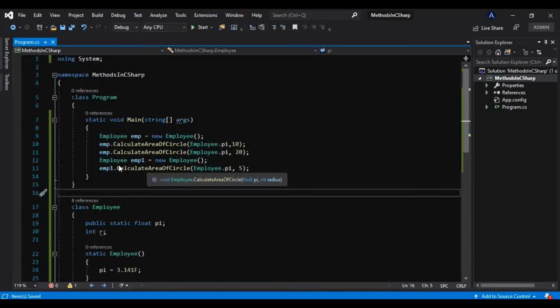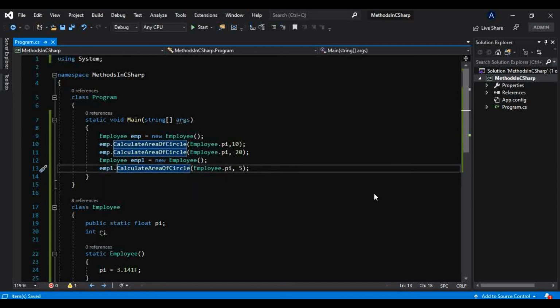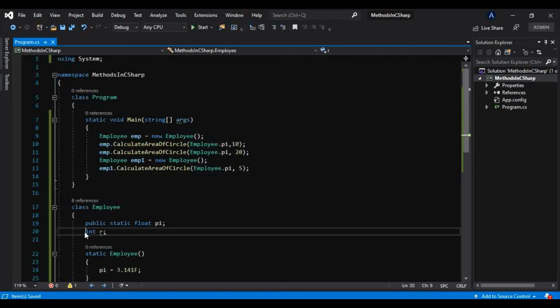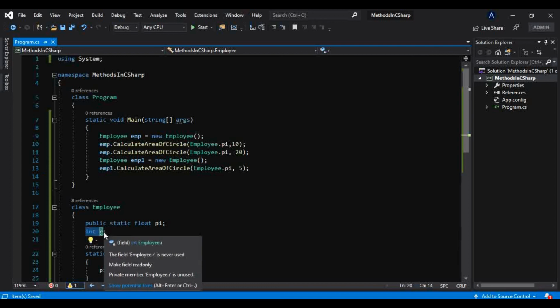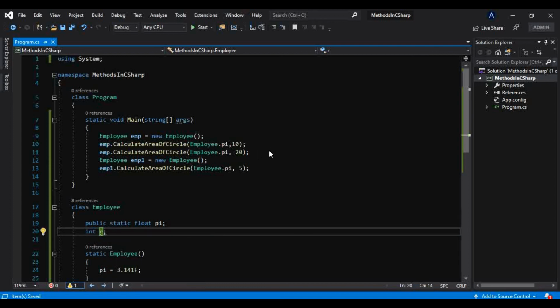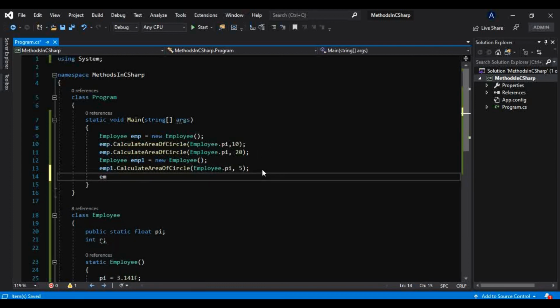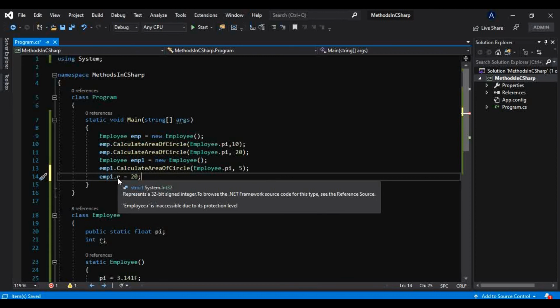Now there is one more field, that is this int r, which is an instance field. So if I write emp1.r and want to provide a value, it says inaccessible due to its protection level.